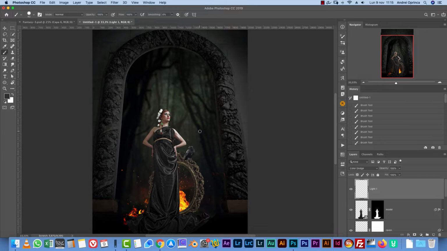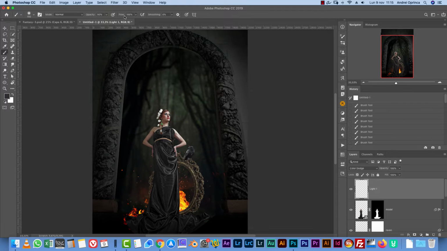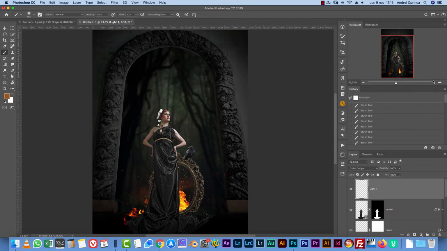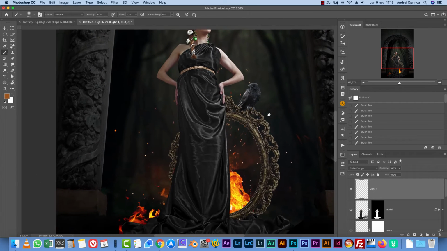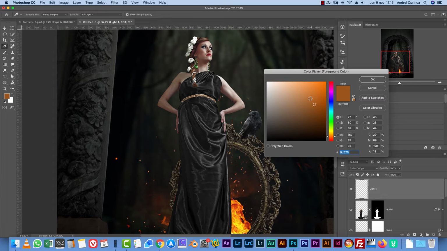And I'll get the brush tool and I'll use a soft brush. And I'll drop the opacity to 50 and the flow to 30%. And I'll start with this color. Now, on previous tutorials, I already mentioned this. The color that you choose maybe is not going to work for you. It really depends on your background, the amount of light that you have and the colors that you have